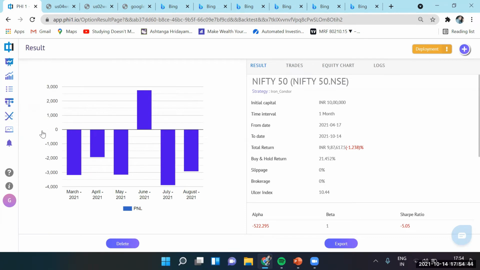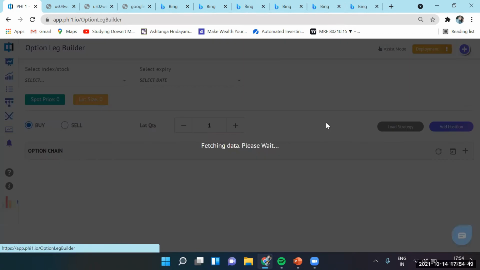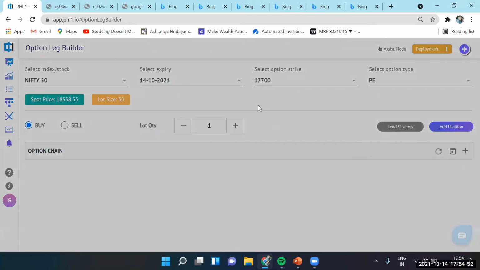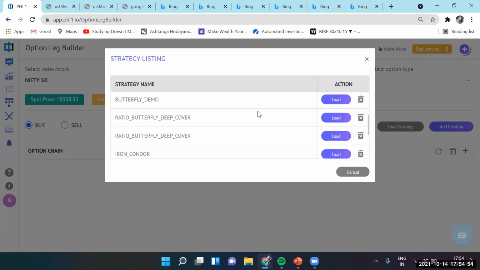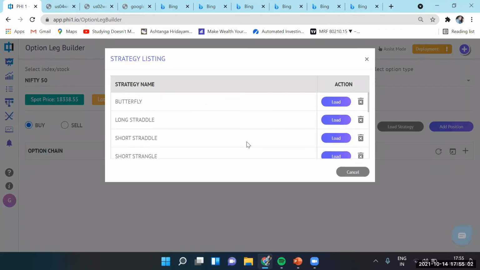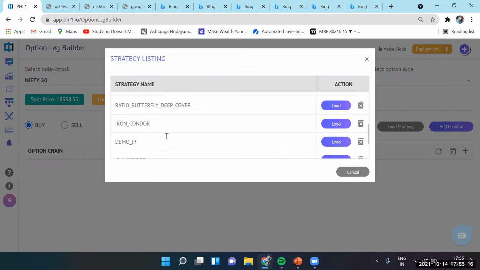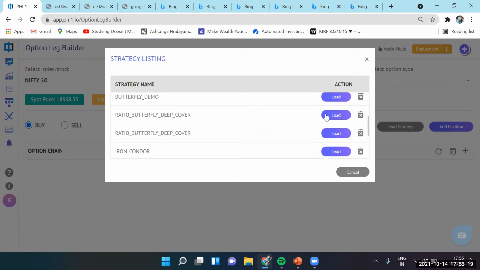All right. Finally, we want to move towards a ratio spread butterfly with D covers. Let me load that strategy for you. Eventually, you have to construct these strategies once. You have to construct the template yourself, and then you load it for any instrument. Eventually, we will take the set of all the standard multi-leg option strategies and make them available as a template. So you can just load them and start using it, modify it, and give it a custom name.